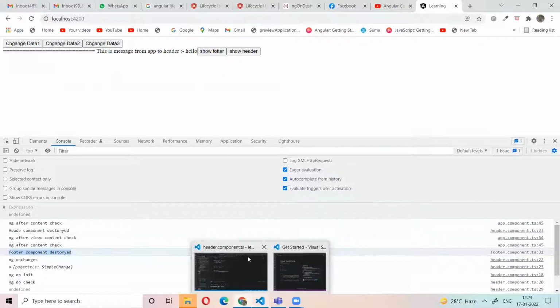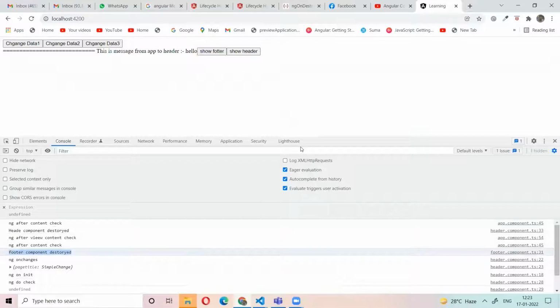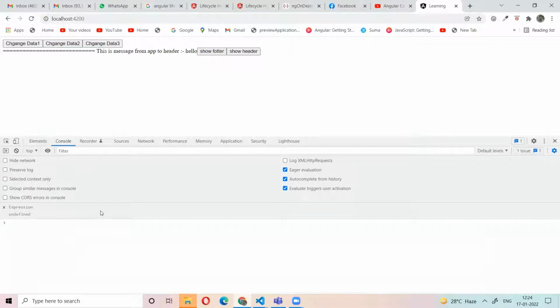Yes, Prakash. So if I'm understanding correctly, this is like a toggle type of system. Once I click on the footer, the header is destroyed and the footer is loaded. And once I click on the header, whatever is there in the footer is destroyed from the DOM and the header is loaded. And if I click on the footer a third time, the header is destroyed and the footer is loaded. Yes.